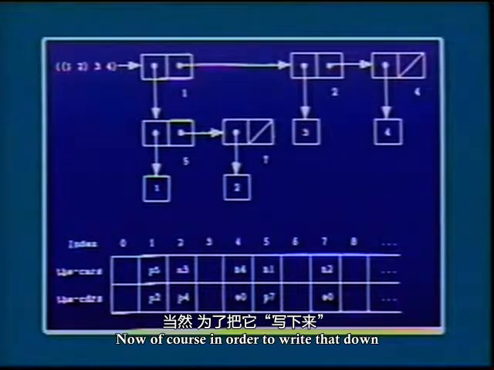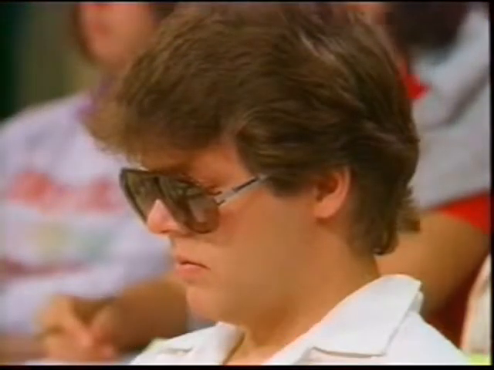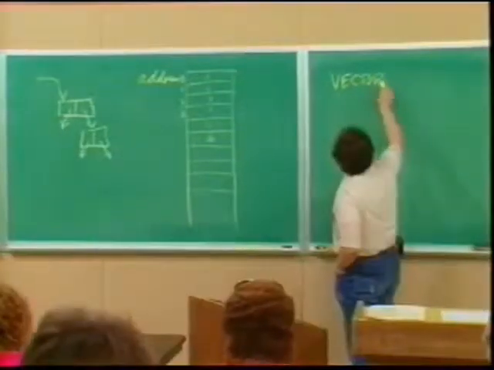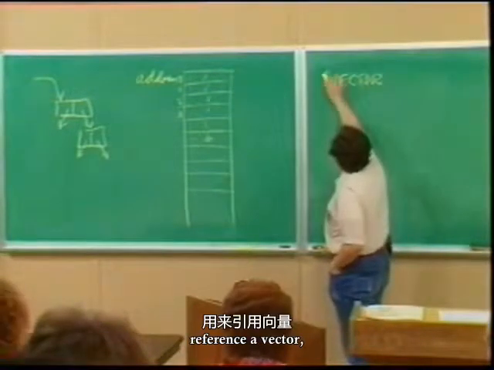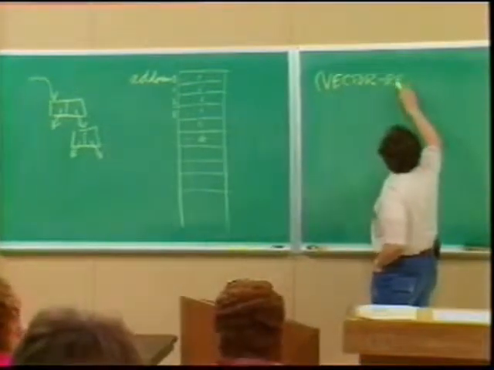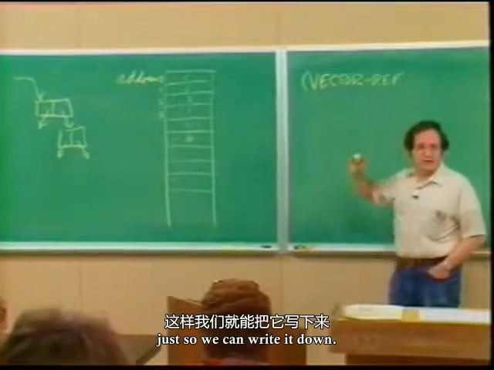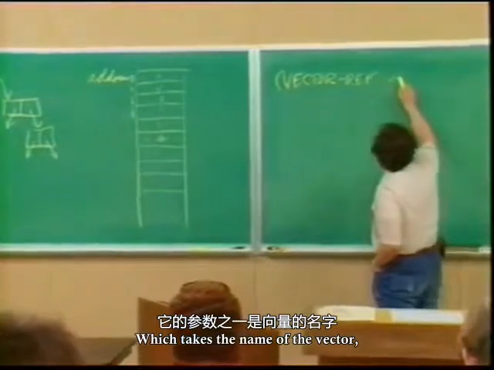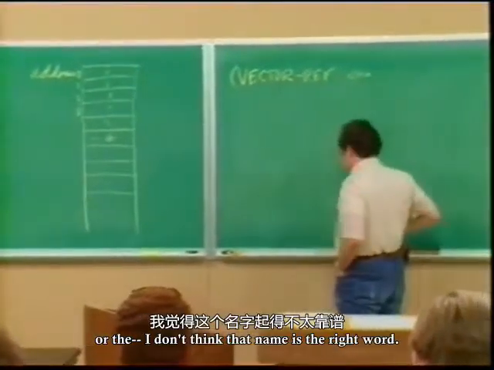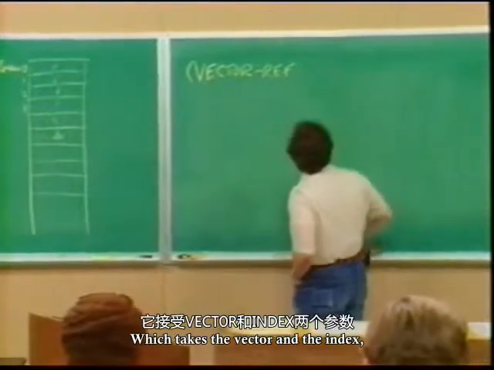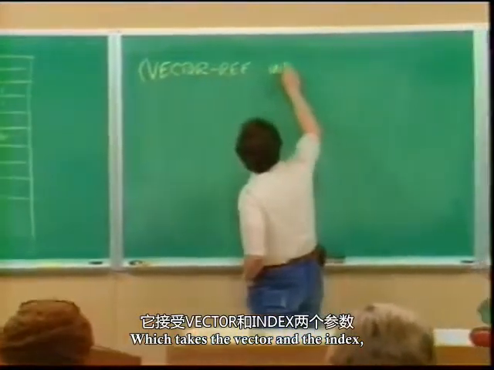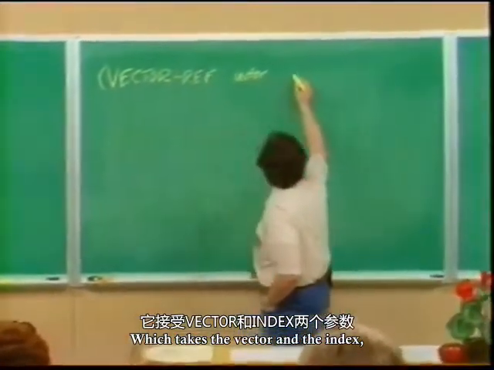Now, of course, in order to write that down, I'm going to introduce some sort of structure called a vector. Okay, and we're going to have something which will reference a vector, just so we can write it down, which takes the vector and the index,